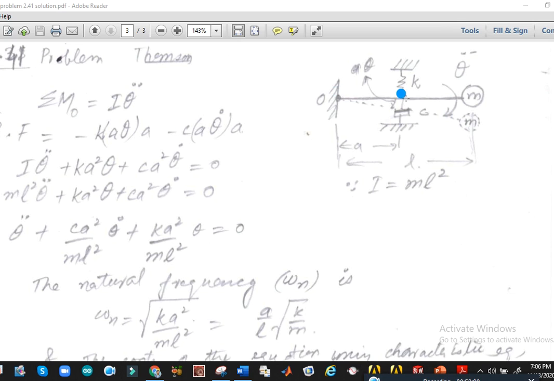Here you can see this is the length of the rod, that is L. This is your point mass. This is your stiffness and damping element located at distance A from the pivot point. Now we can see the stiffness element coefficient is K and the damping element coefficient is C, and the point mass is M, and this rod is displaced from the mean position by providing the angular displacement theta,